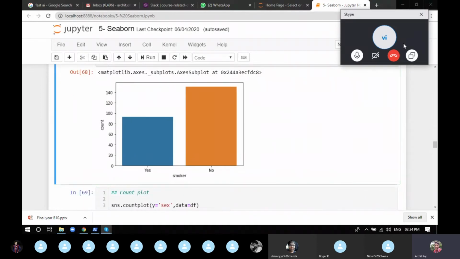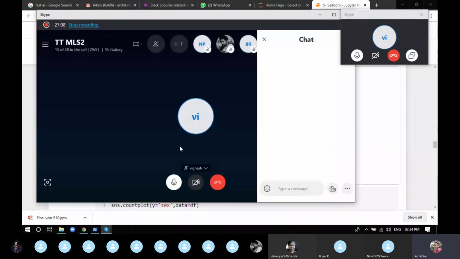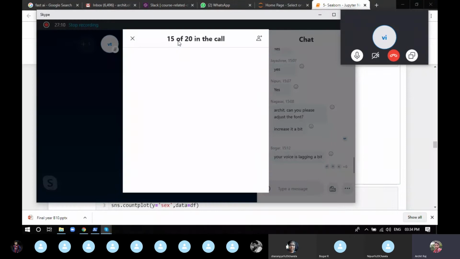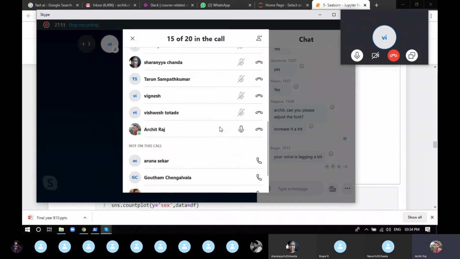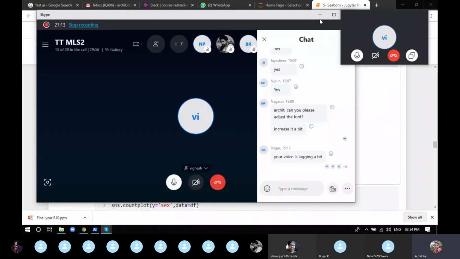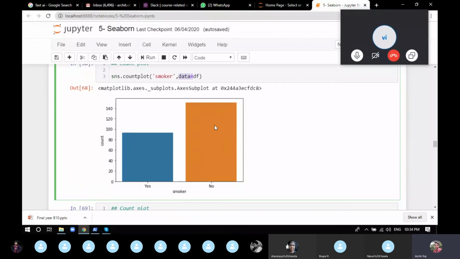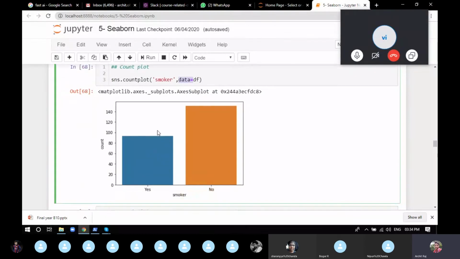Close it. So okay, now we can have a graph of how many people out of the total people are smokers and how many are not smokers. It's a good sign that most of the people are non-smokers compared to the people who are smokers. If you want to change and check sex, you can see more males are there as compared to females. Not a good sign, not equality.